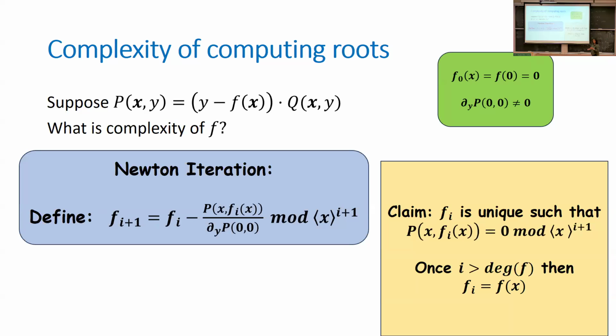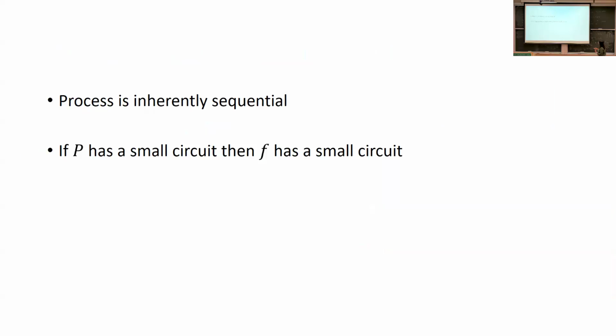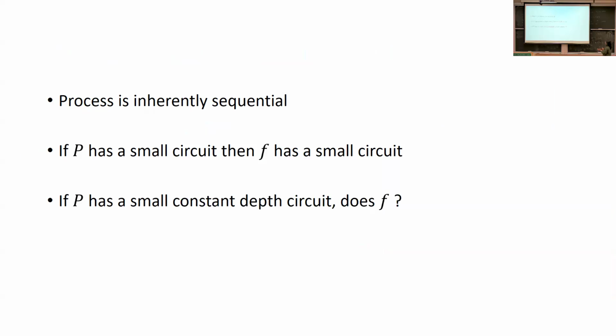will give you the root F. And this process shows you that if your polynomial P was low complexity, in particular if P has a small circuit, then the root F has a small circuit. But the process is a sequential process and it blows up the depth along the way considerably. That iterative process which I showed you is the reason the previous proofs broke down in arguing about the complexity of constant depth circuits. Because if P is constant depth, that process makes it very hard to analyze the depth of the factor F, or the root F.